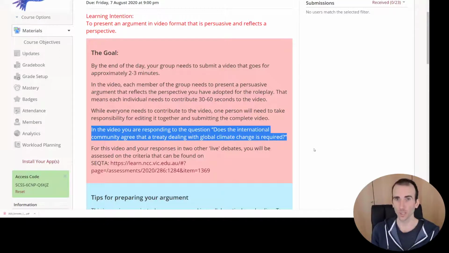The other 2 questions will be answered in 2 future summits, just like they were in the real UN. It spread over several years as they debated out these different questions. We have divided up and separated the different questions into different lessons. And we'll give you more details about question 2 and question 3 and how we're doing that live via Zoom in future lessons. Today, you're just answering the first question as a video.